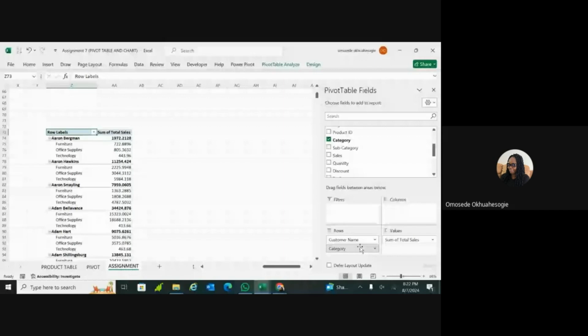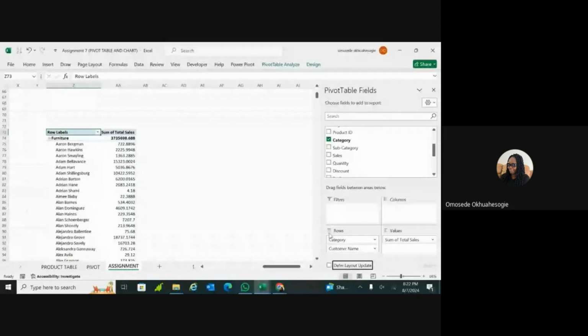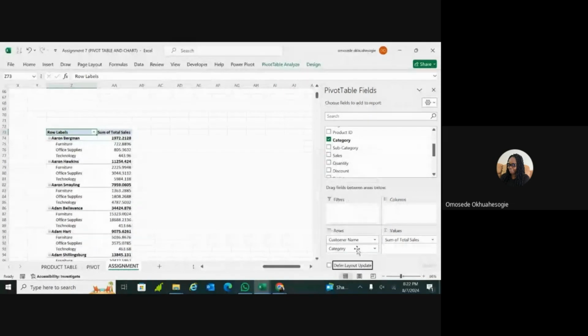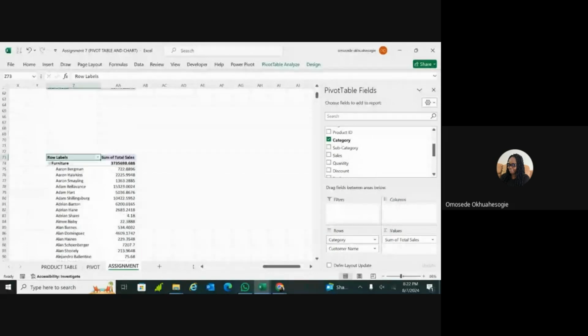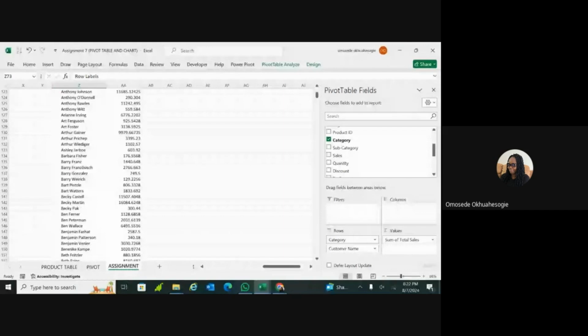So you carry it this way. When you take it up, you see what I did? I went to the rows here and I moved category up. Initially we had this, but I came here and moved category up. Okay, so it's showing we have furniture, we have